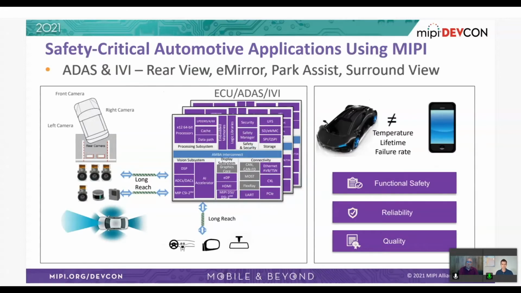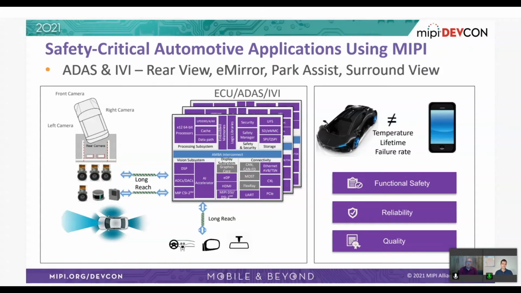So zooming in on these safety-critical applications using MIPI in automotive. We see these applications in ADAS and IVI, things like the rear view applications, e-mirror, park assist, and surround view. What I have here on the left side is a very simple representation of how to implement these applications.